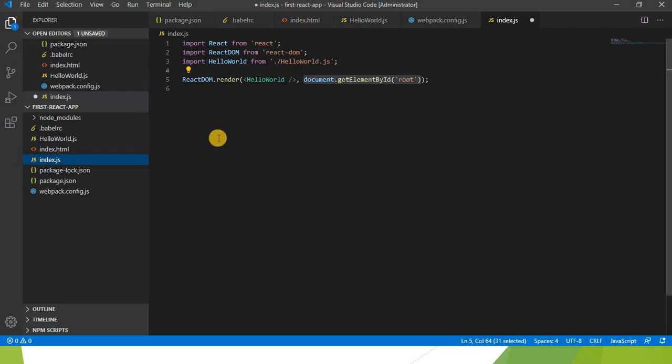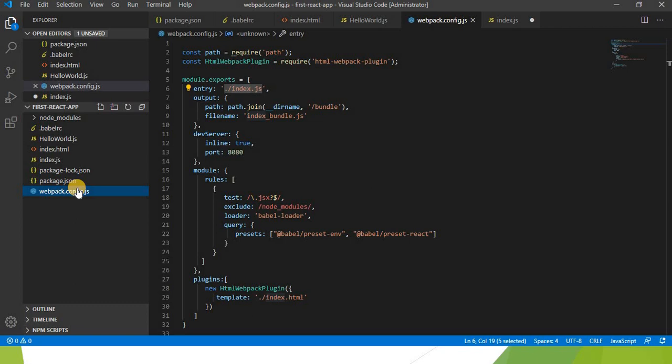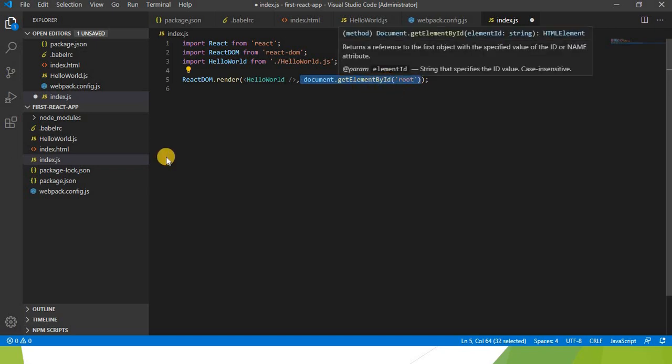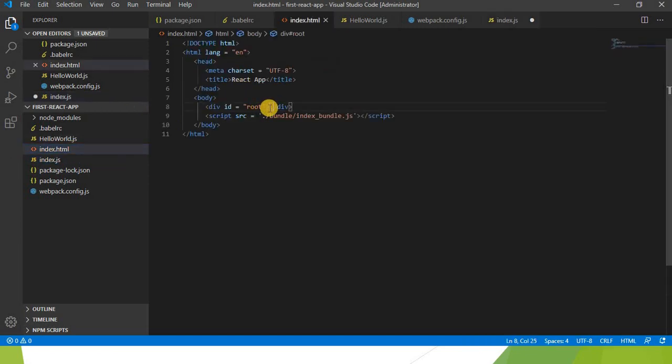So in the index.js file, we have to define in the render map function under which container you want to render the hello world component. So whenever you execute or bundle the file, run your application, it looks for your index.js file. In the index.js file, it looks for a particular component, that is hello world, and renders it in the container. After that, it looks for this container in the HTML file and renders the particular component under the